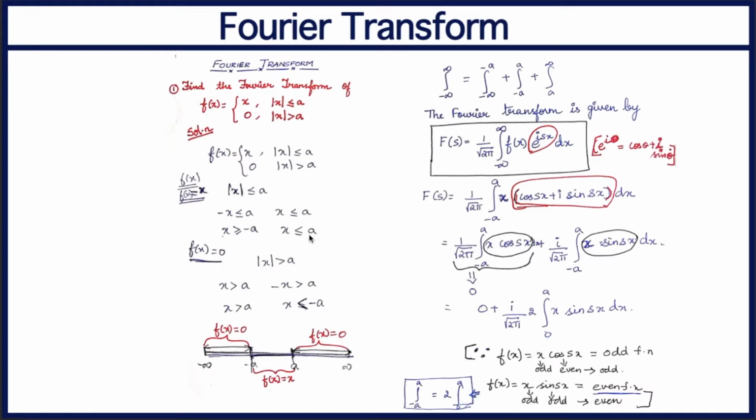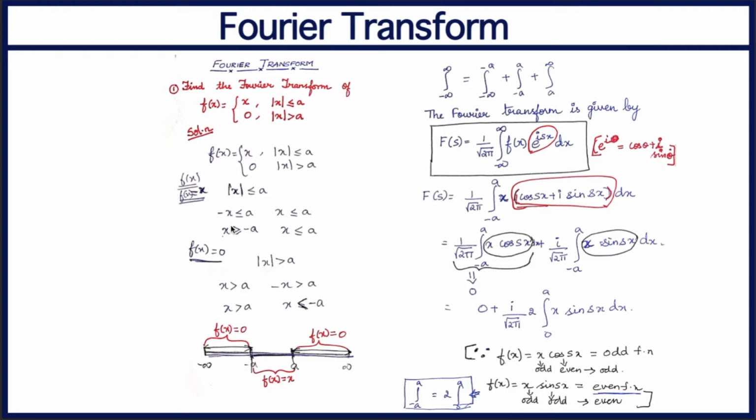And the next part, what is given here? x less than or equal to a. So x less than or equal to a means lesser than, less is over here, so from a to minus infinity. I repeat, the first part is from minus a to infinity, and for this part it is a to minus infinity. If you understood it clearly, then only you can proceed with the sum. So what is the common portion for both the parts? It is from minus a to a.